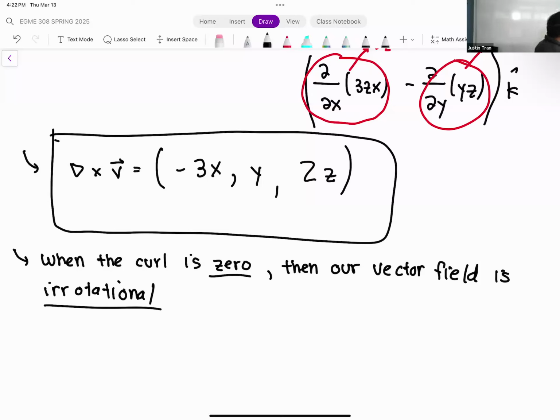Now, if you get into fluid mechanics, especially aerodynamics and aerospace, this is a term that you're going to hear quite a lot. But it's a little bit hard to interpret. What we just computed in the curl is actually a very local quantity. In order to fully evaluate this curl, you have to evaluate it at a particular location, x, y, z. So it's important to note that the curl can change depending on where you are in the vector field.